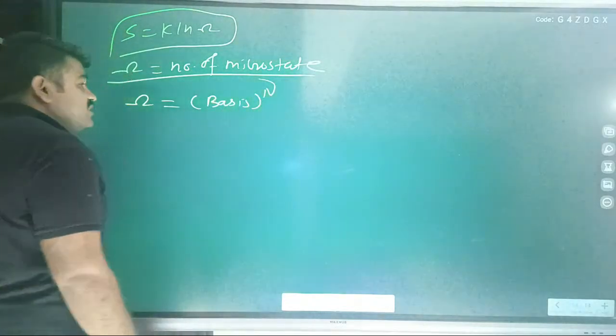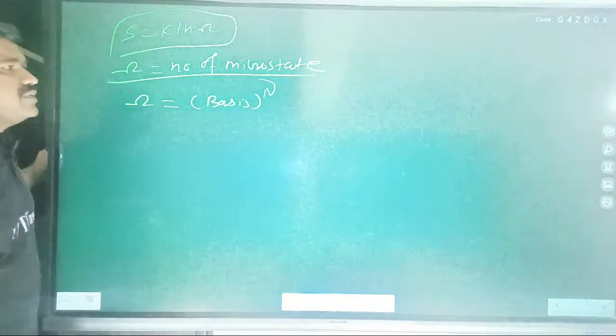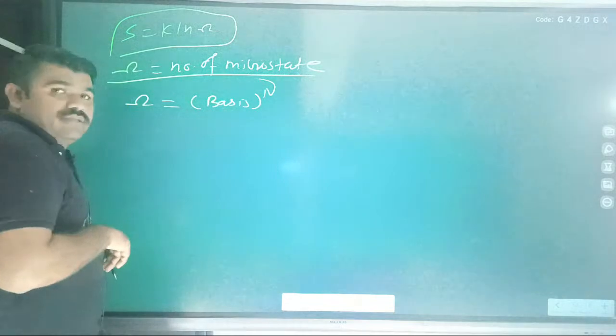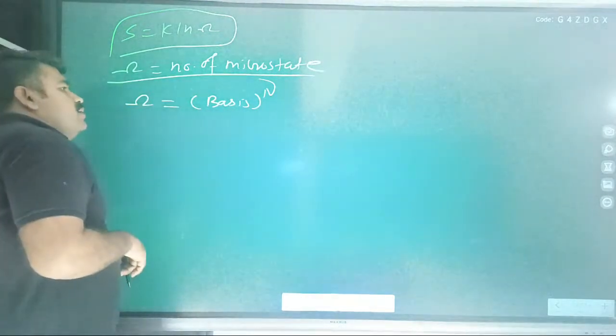Okay, तो basis कैसे फाइंड आउट करते हैं? देखिए, नंबर ऑफ माइक्रोस्टेट से पहले देखिए कि basis फाइंड आउट करना जरूरी है, otherwise we cannot find out the microstates. Okay,